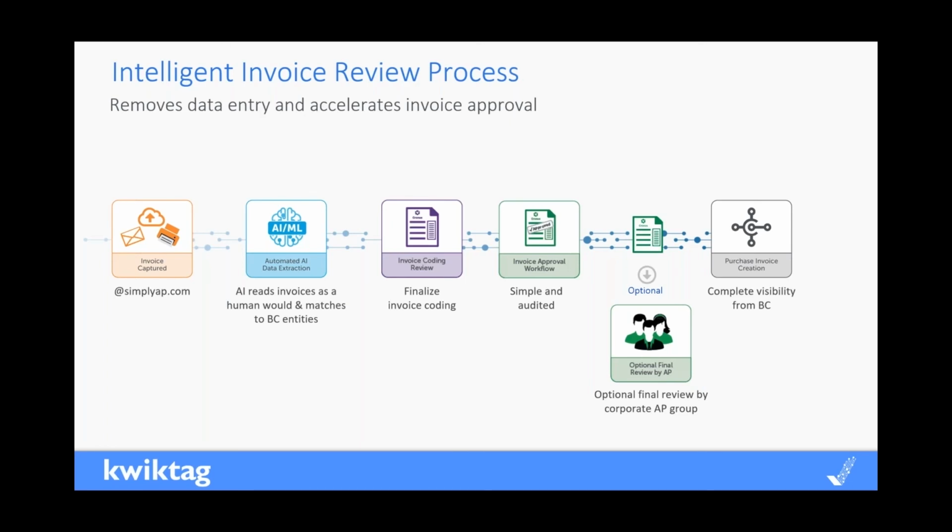There might be some final coding that needs to be done by the AP team. Then they just select the first person that will be approving that invoice. Based on the configuration of the application, in terms of the thresholds you configure for each user, it will automatically route those invoices around for approval. And then again, it'll auto create these invoices unposted inside of Business Central. So again, very simple, very fast processes that can be implemented within Business Central.